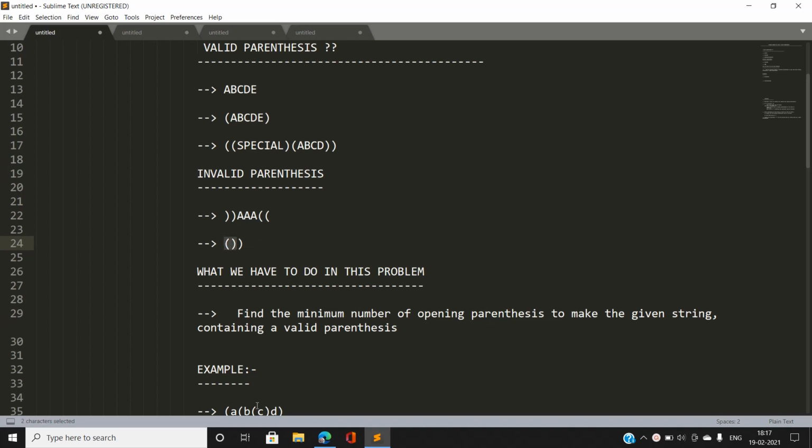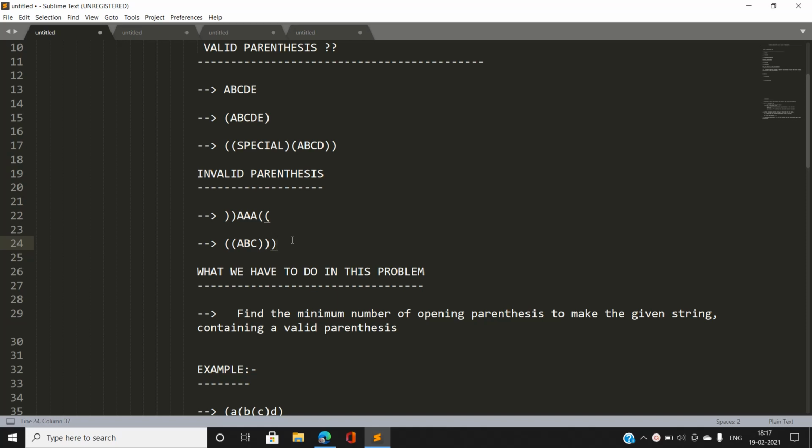And if we erase this also, you can find there is only a single closing parenthesis, and there is not an opening parenthesis that can cover it. So this is an example of an invalid parenthesis string. For every closing parenthesis, you must have an opening parenthesis to cover it.